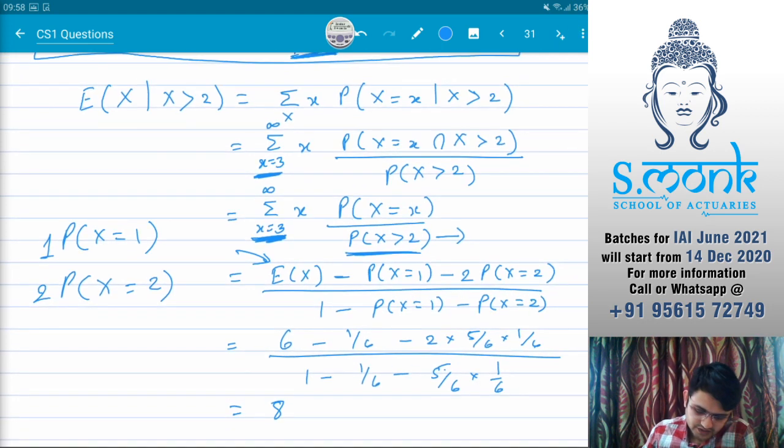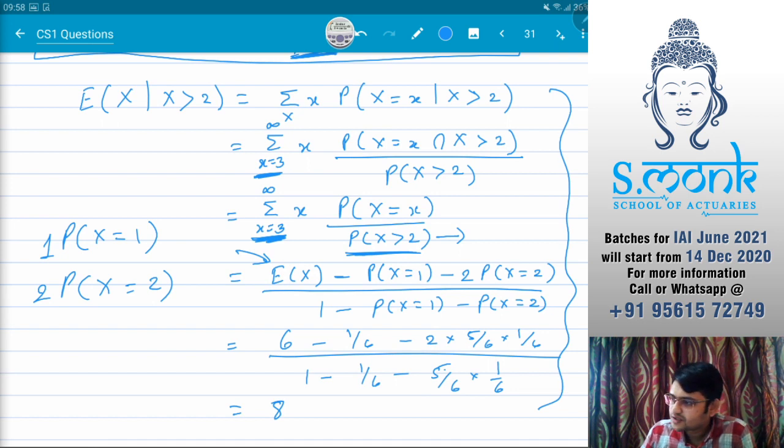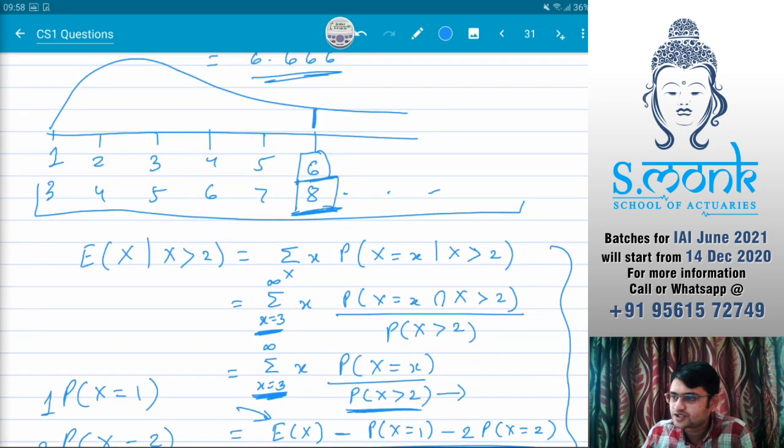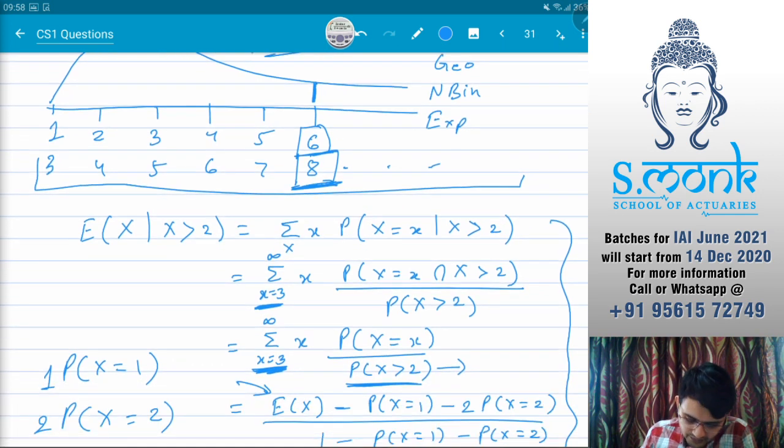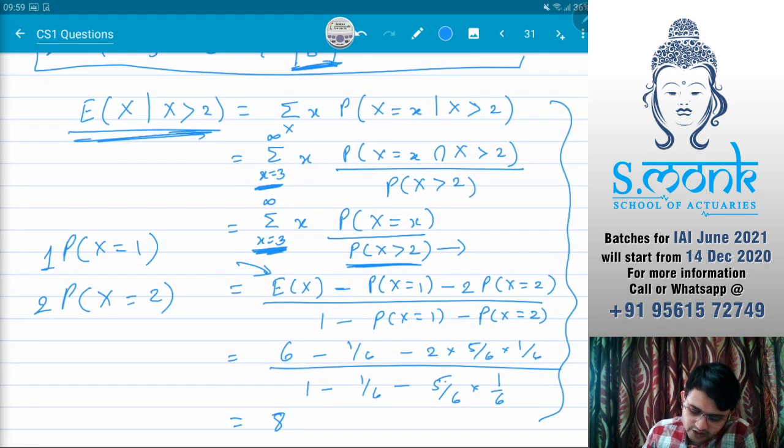Anyways, obviously I am not expecting you to do this in the examination. Just remember, for geometric distribution you can shift it like this, but for other distributions, this works only for geometric or negative binomial, but not directly shifting. If you want to find expected value, this is the method of finding expected value. Shifting only works in geometric or negative binomial, does not work in exponential. In exponential you will have to solve it like this.